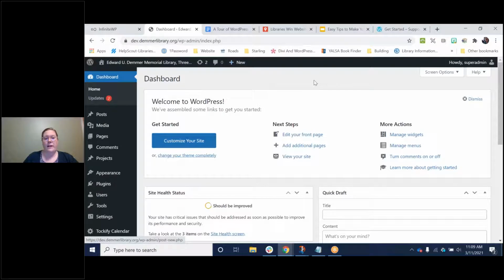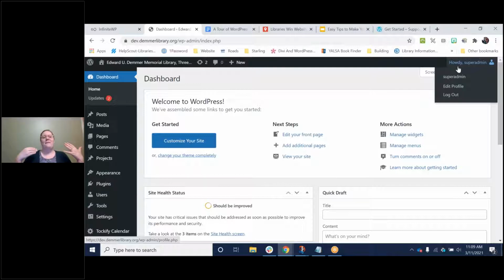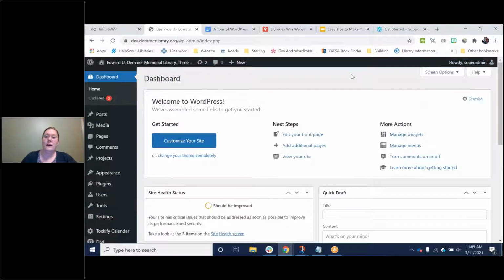This is called your dashboard, and I'm going to refer to the column on the left as the sidebar or the navigation bar. When you're signed in, WordPress greets you with this very nice howdy, which, when I started doing websites, I really appreciated, because right off the bat it made things a little more lighthearted. So let's take a casual tour of the back.